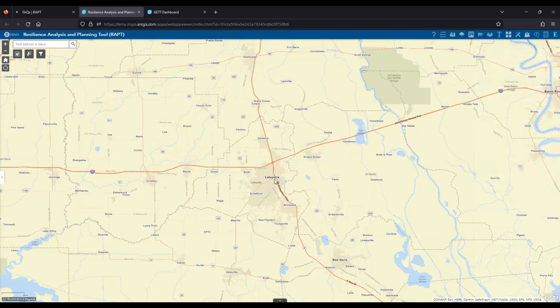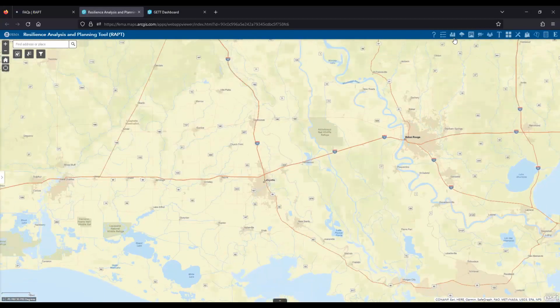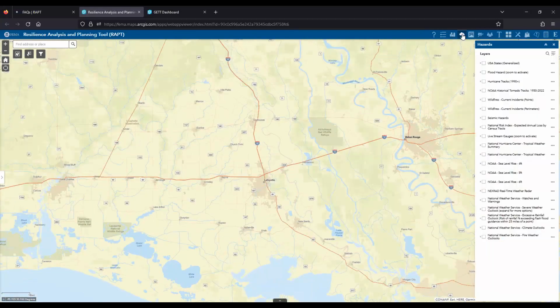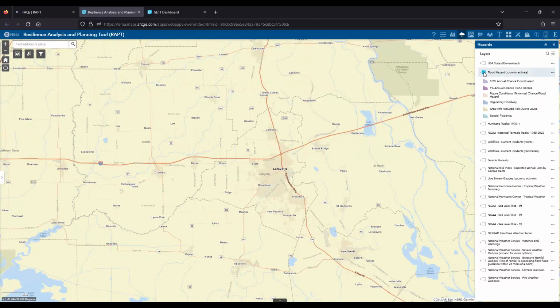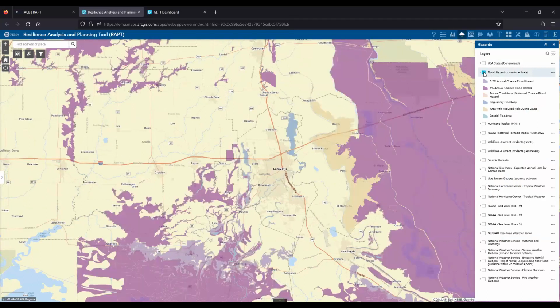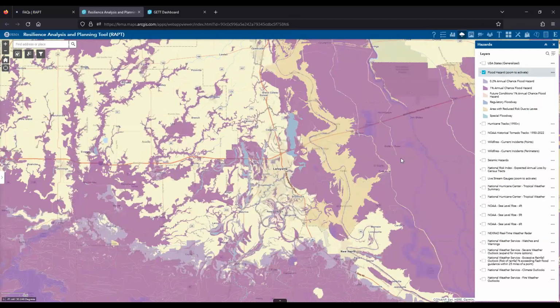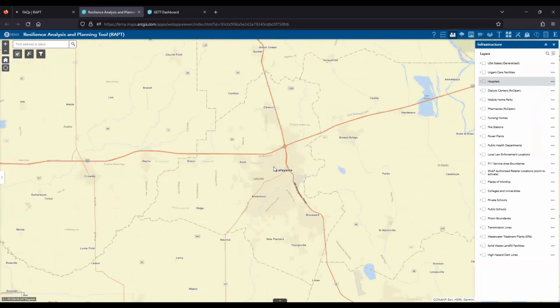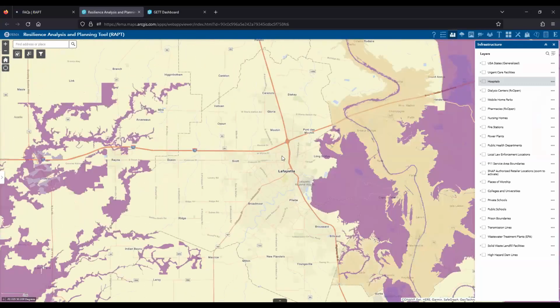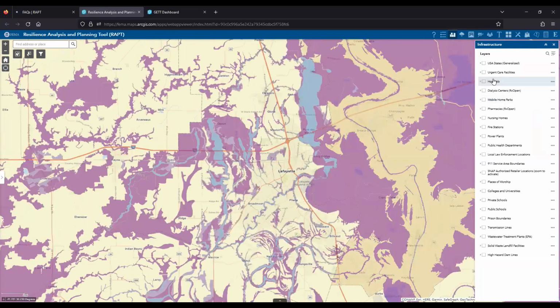In addition to some of our infrastructure and indicators, we also have hazards. So if we're taking a look at Lafayette and we wanted to take a look at the flood hazard zones, we could toggle those on, see where those flood hazard zones are. And then one of the things we can do is go back to our infrastructure layer and say, okay, now we have our flood hazard zones. We know where they are. And now let's see if any of our critical infrastructure is within that. Do we have any nursing homes within these flood hazard zones?